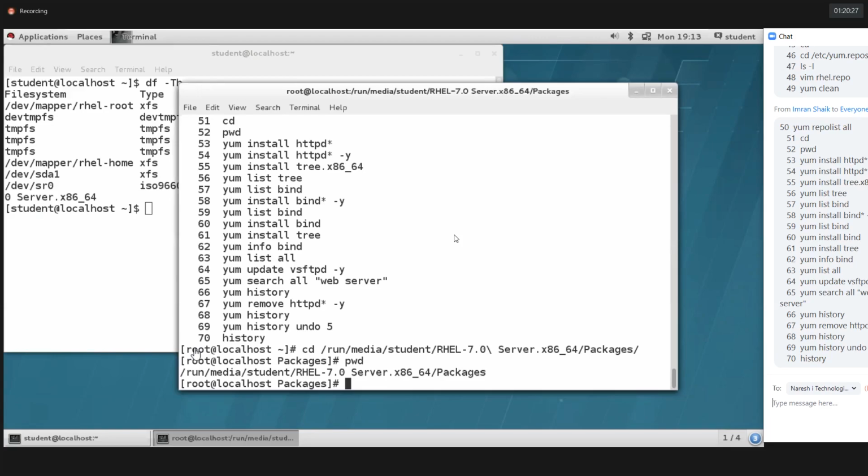Yes. So while you are trying, you need to create the repositories. The entries we need to create in RHEL 7.0. Only then can we install the packages with the help of the yum command. In CentOS it's not required. CentOS doesn't require it.